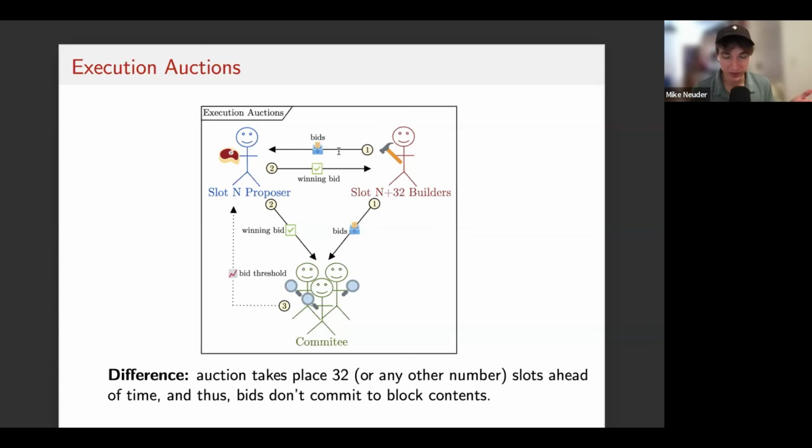Now, this still could have alpha here based on the time, right? Let's say in 32 slots, there's going to be a massive NFT drop. Now you want to be the person building the block, because if you can get all those NFT transactions, they're going to pay a ton of tips. Now you have some alpha that this is going to be valuable, but obviously there are other people that might have the same alpha. So you do know what you're bidding for. Just the object is less